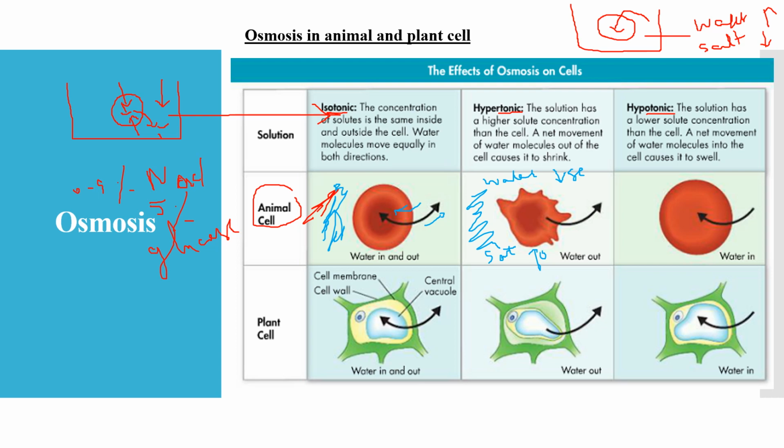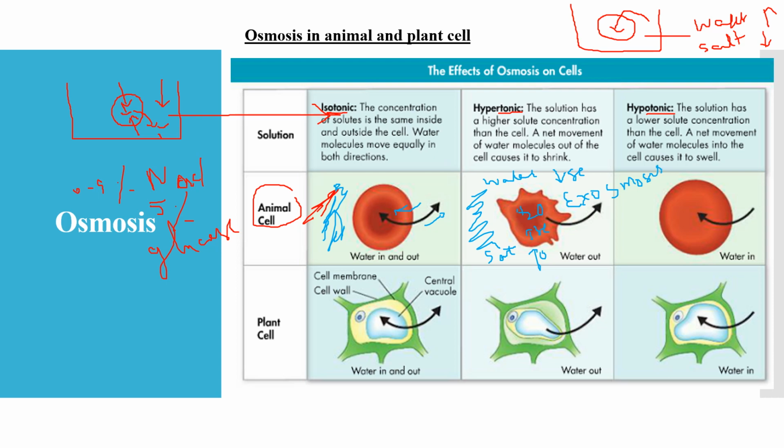So according to the osmosis definition, water molecules will move from high concentration to low concentration. It means here the water is more inside, so water will come out from inside to outside of the cell, and the process is called exosmosis. Exosmosis means water is coming out,